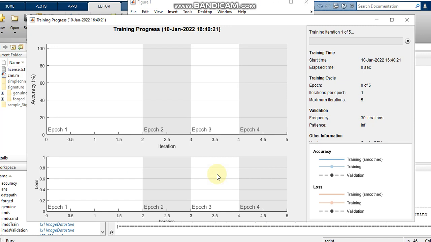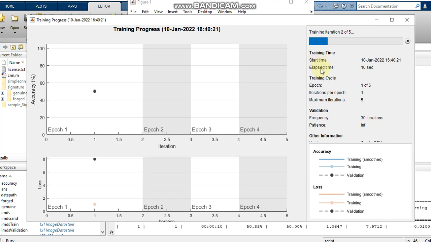The start time and the elapsed time, how much time it is taking for the total run, will also be displayed. Finally the total time will come, and for each iteration the specified time will come. Initially we got some increase in accuracy.